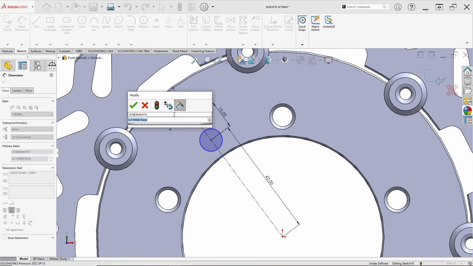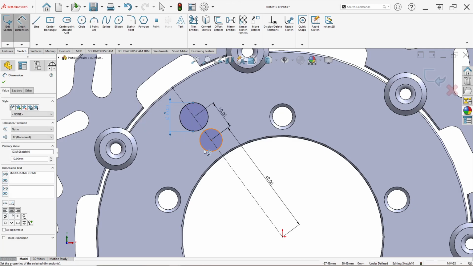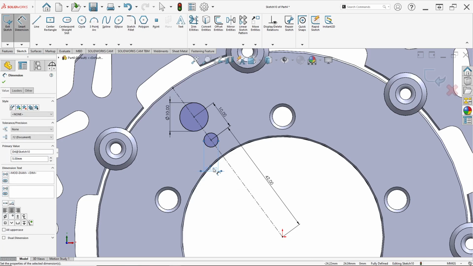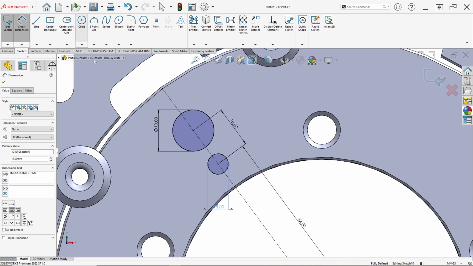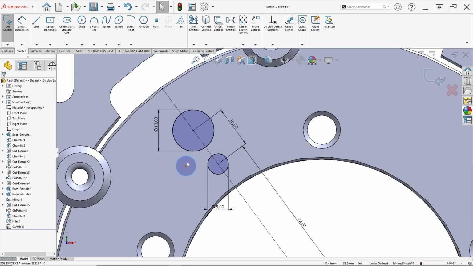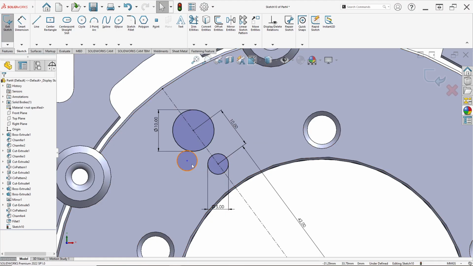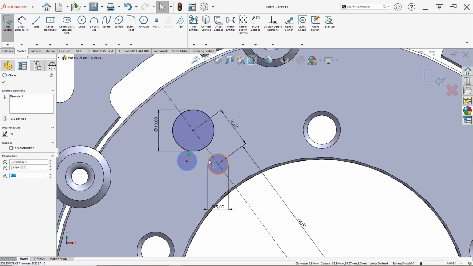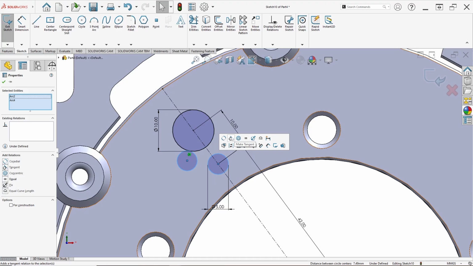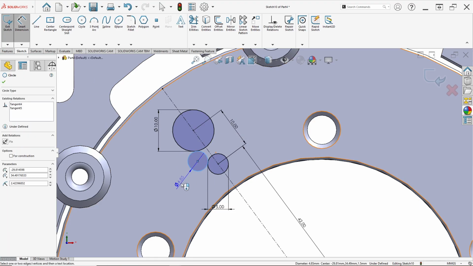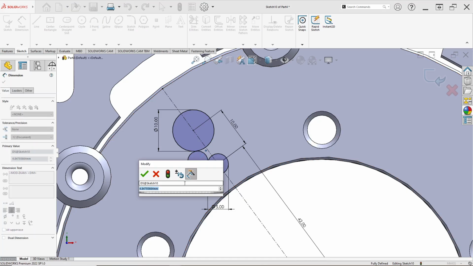In here I set in 10 for first circle and 10 millimeter, and for the circle I set in 5 millimeter like this. Draw circle again in here. This circle and this circle, click make tangent. Click this circle and click this circle, click control and click make tangent. In here I set diameter. This circle I set in 7.